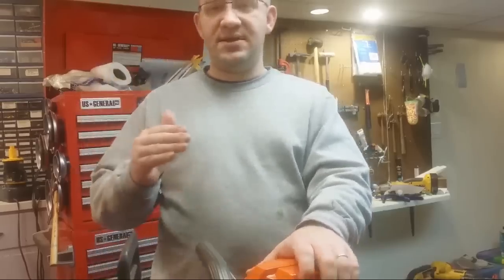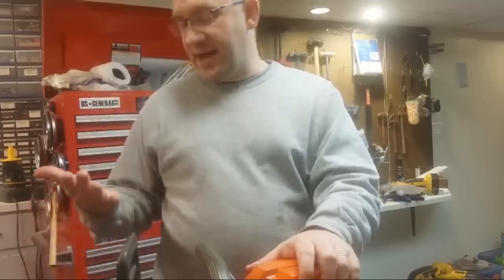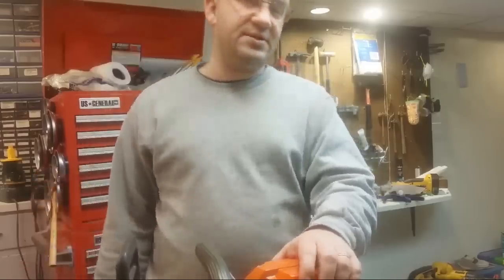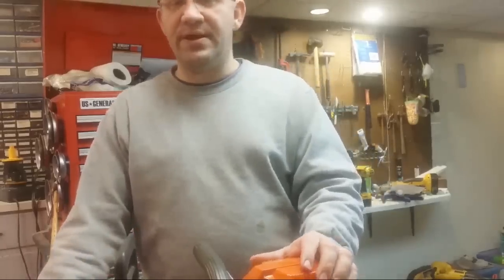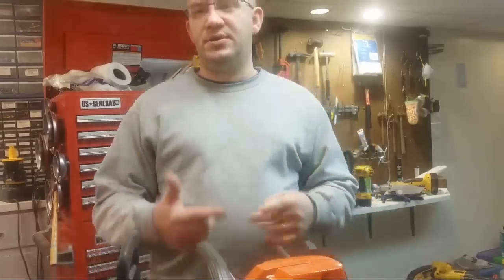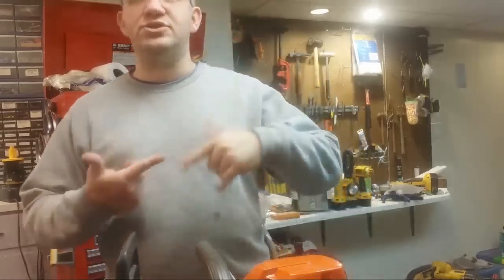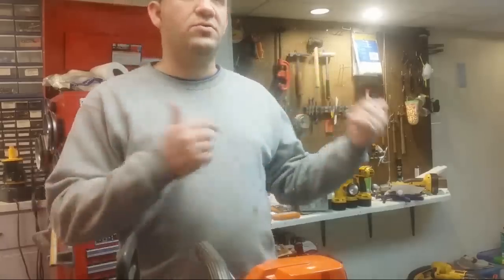You would get it adjusted and then it would go way low and go way high. It almost acted like it had an air leak, but I kept testing it for air leaks and there was no air leak. So I swapped out the carburetor. I ended up putting a 288 carburetor in it. And I had to change not the throttle plate, but the throttle shaft on it, because the throttle shaft on the old carburetor